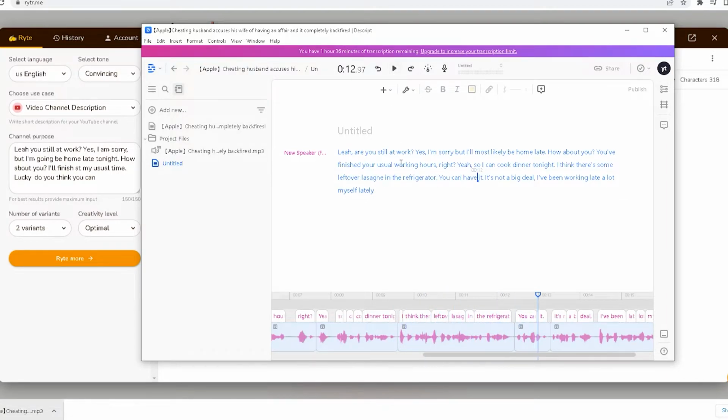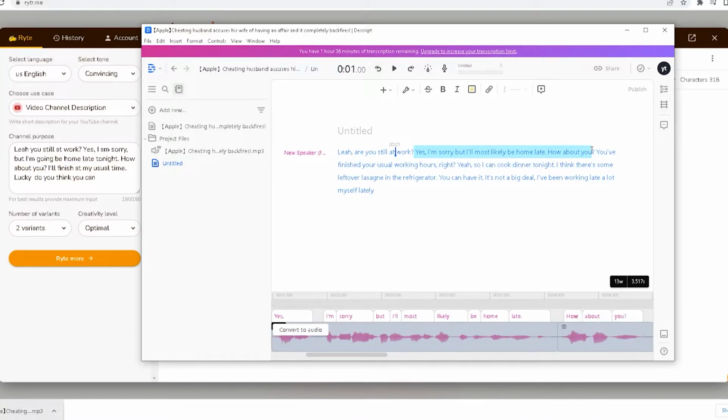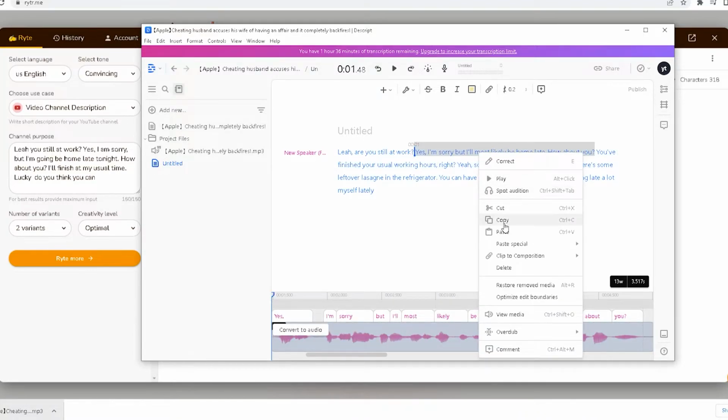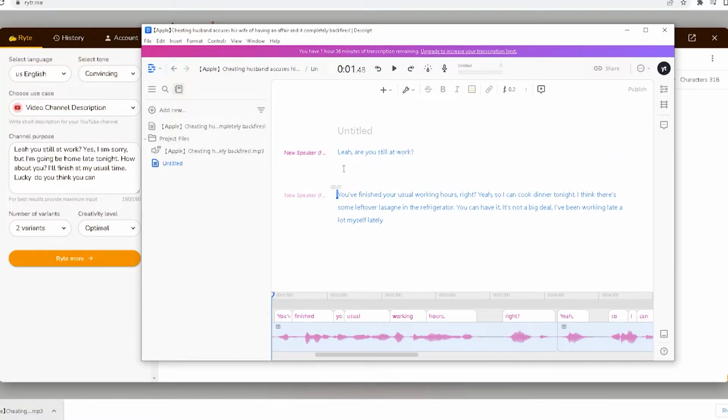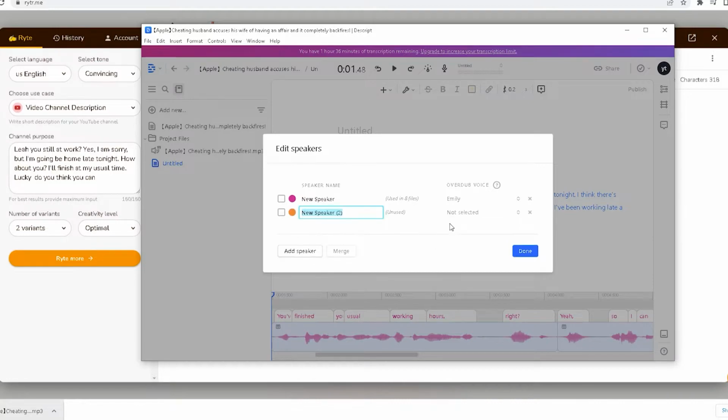You can have it. So as you can see, it's one girl talking, but if you really want, you could just go like this. So this part, you could just go copy, just enter that for now. Add new speaker, edit, add a speaker,